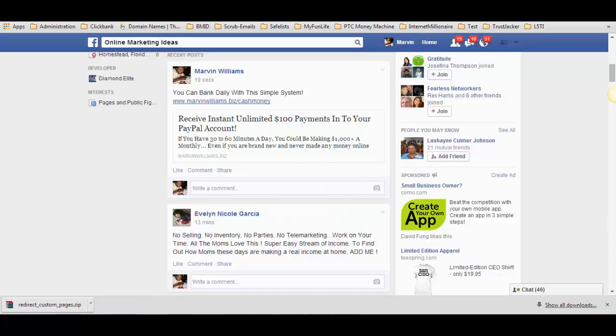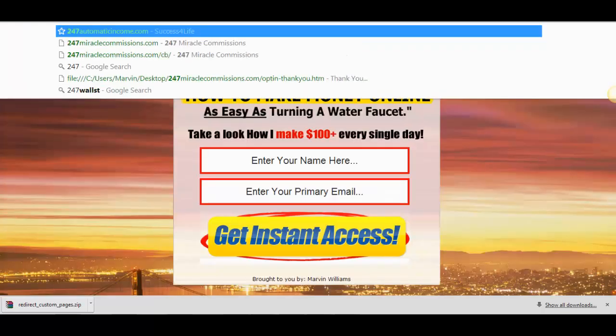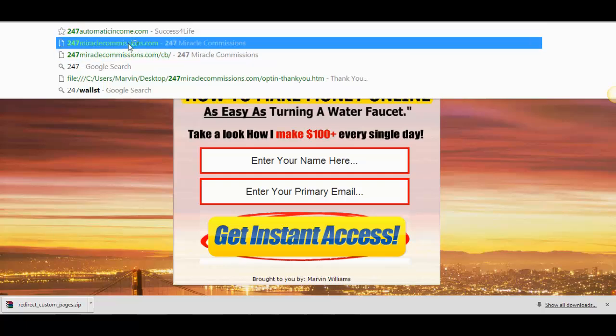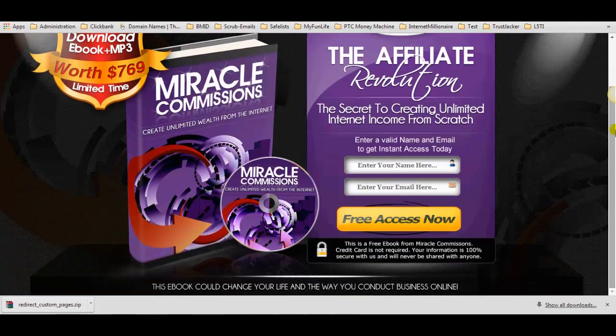Okay. So not only can you use this to set up redirect pages like this, but here is the thing. You can use this, and I'll maybe do a video on this later, guys, and show you how to set up a complete marketing funnel system, showing you guys how to use the redirect in other ways. And let me give you a brief overview of how that works right here on a page that I currently own right now. So this is another funnel system here that I use, and it's set up with the redirect